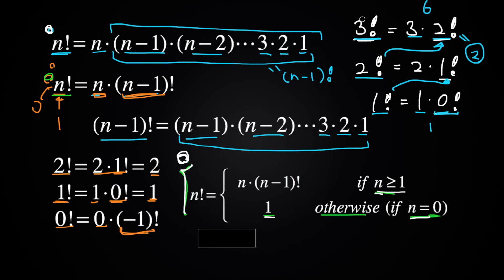Okay, now this whole process might seem a little bit silly, but this kind of thinking is actually the basis for implementing the function we wanted to implement earlier recursively, fact of n. And fact of n, as I said earlier, is going to take n, which is either a positive integer or 0, and it's going to return n factorial. So let's see how we can implement it using recursion.